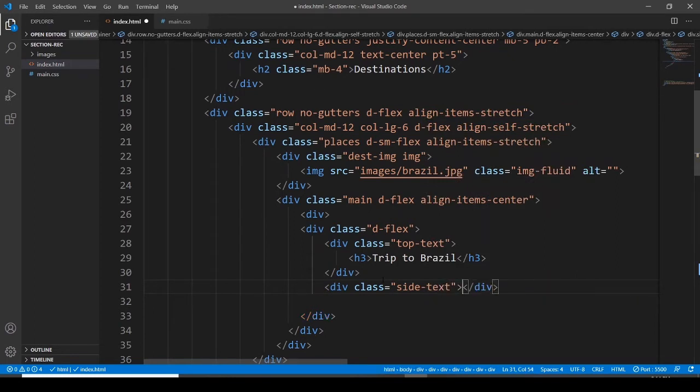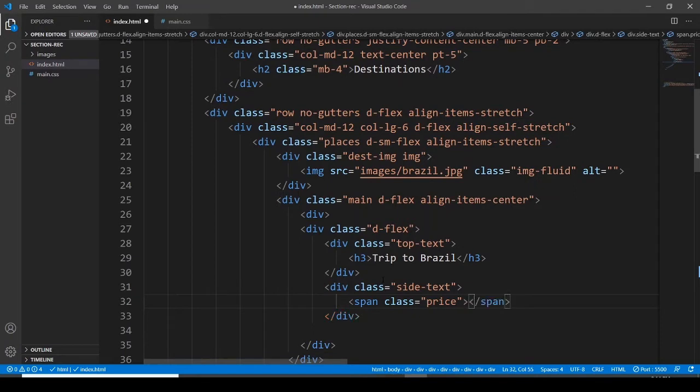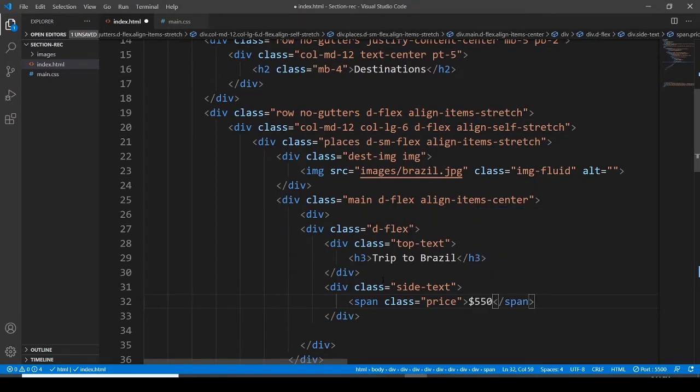I'm going to use this class in CSS. Span element, assigning it a class, and this class is going to be price, and the price for Brazil is $550,